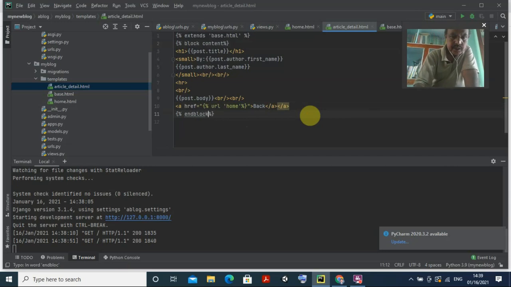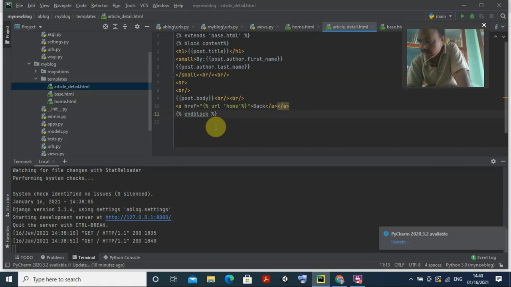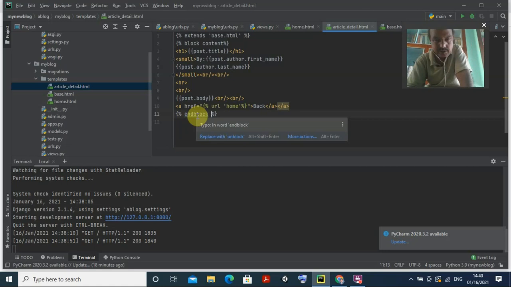Make a space here. End block, right? So this is the block content, and then you have the end block. The percentage and everything is okay, there is no problem, it is just showing like this in words.